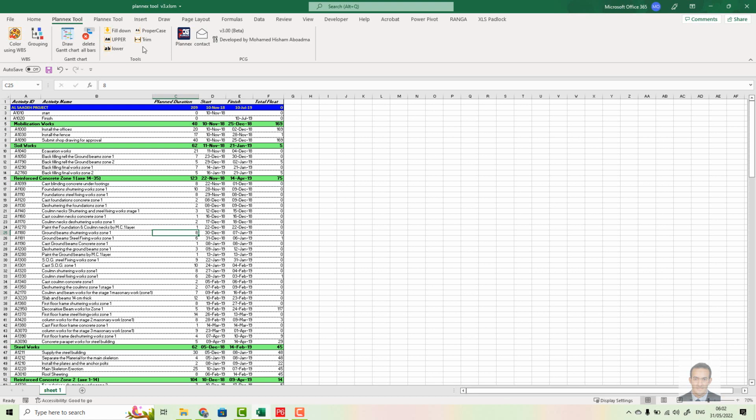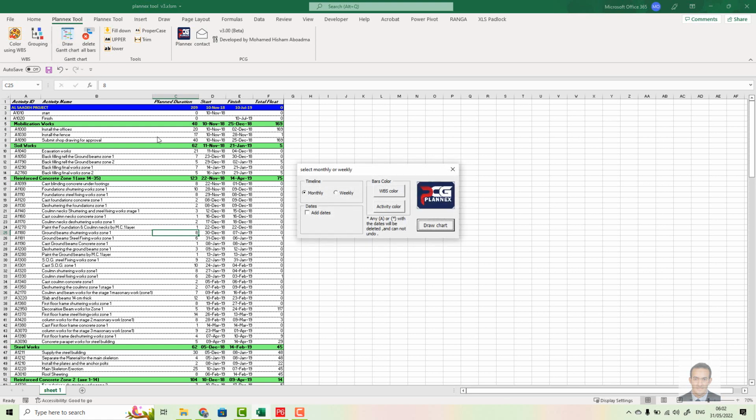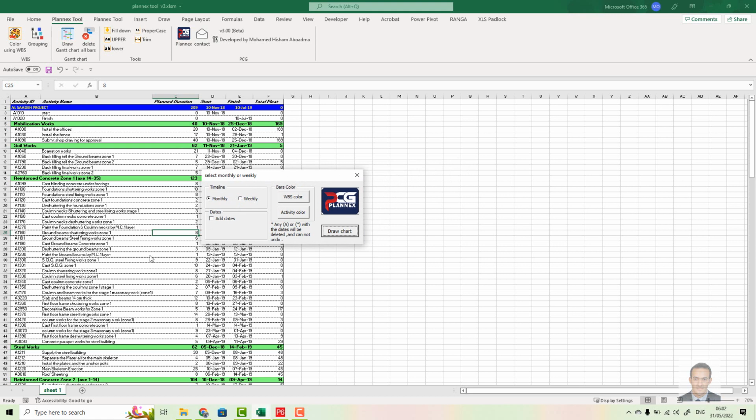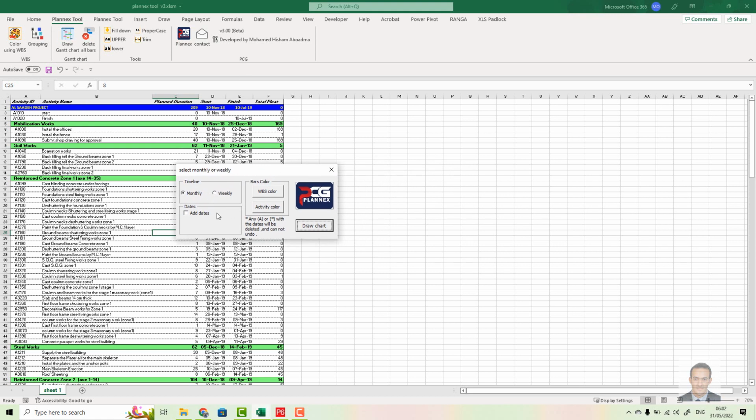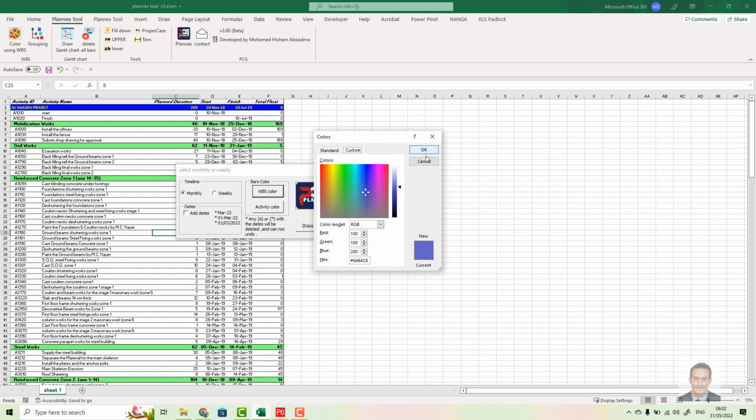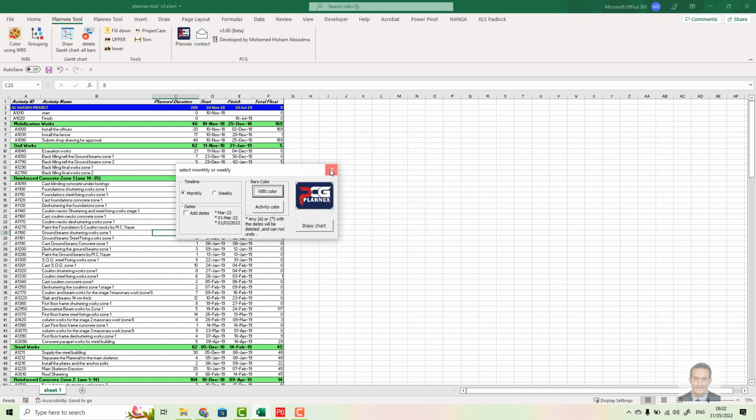I'm glad to say I release the new update, version 3, which includes some new features after getting feedback from many users. I will try to summarize the new features now, and later I will explain each tool one by one. Here we can now add the date, and we can select the color of the WBS and activity.